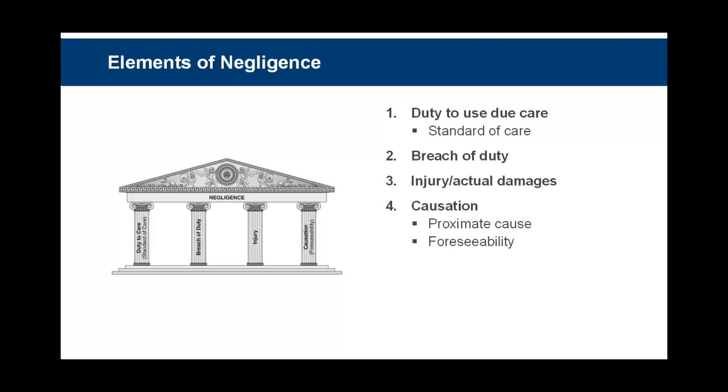It must be foreseeable that the breach could lead to harm. It is foreseeable that failing to sterilize instruments can result in infections. Imagine a nurse fails to administer a prescribed medication to a patient. The nurse did not use due care by forgetting to check the medication schedule, breaching her duty. As a result, the patient's condition worsens, causing actual damages. The nurse's omission directly causes the harm, and it was foreseeable that missing a dose could lead to deterioration of